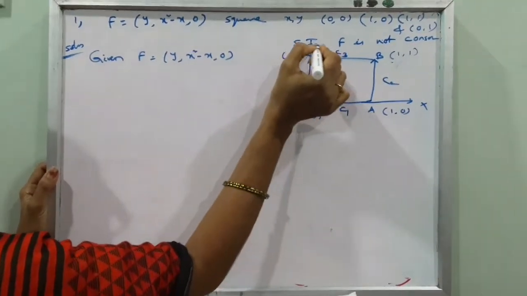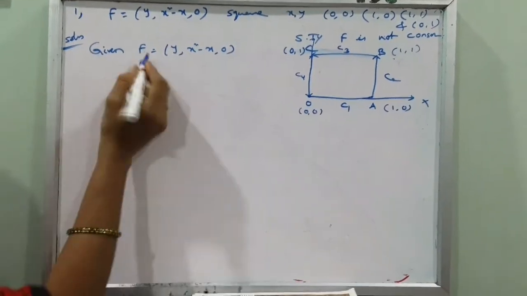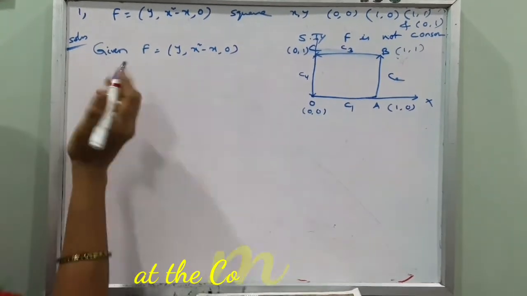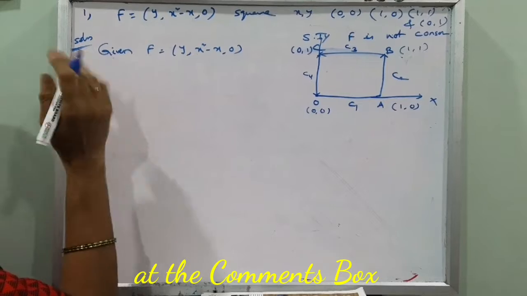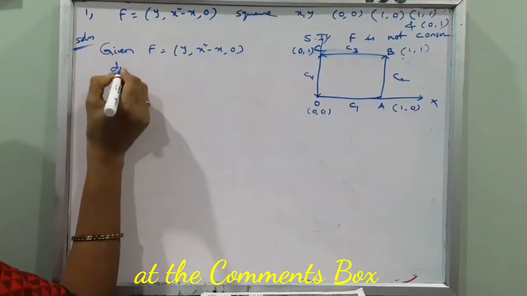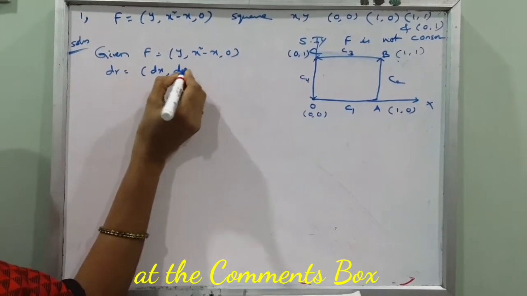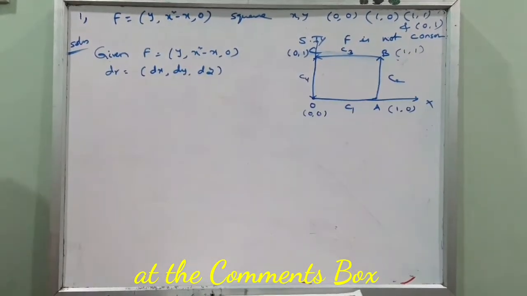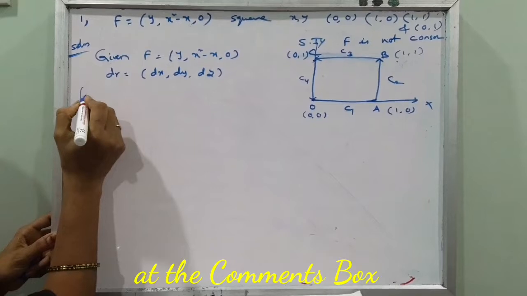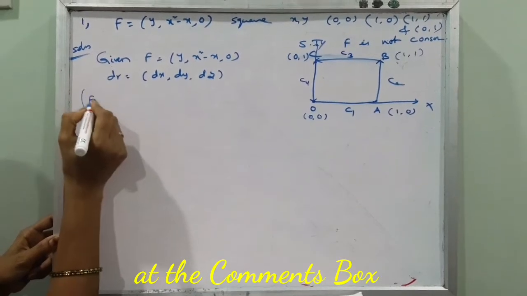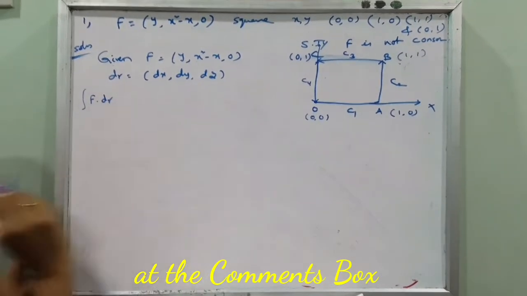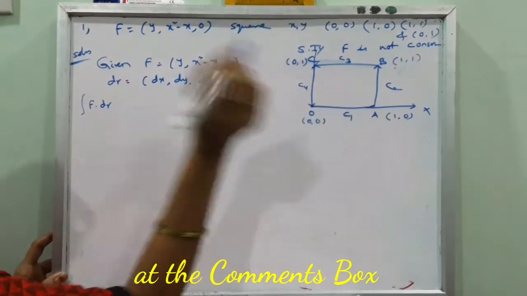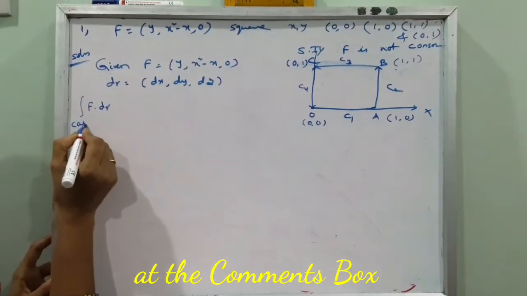X axis, Y axis. Now here F is equal to (y, x² − x, 0). Suppose we take the position vector r equal to xi + yj + zk, then dr is equal to (dx, dy, dz). For a conservative vector field we have to prove the integral of F dot dr over C1, C2, C3, C4. Here 4 cases may arise. First, case 1 is